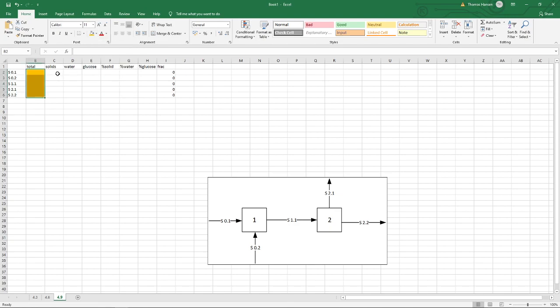So all of these, we could say that they are actually unknowns or variables. Where's my orange? I like the orange. What else are we told? We're told about some compositions. In 01, 15% solids, 85% water, no glucose. In our 02, we only have glucose. What else? In 11, no idea what the composition is gonna be. In 21, I know it's only gonna be water, because that's the water I'm evaporating. And in the final one,